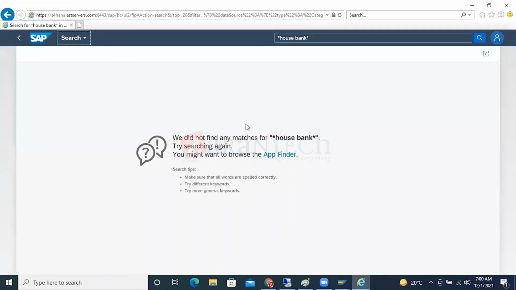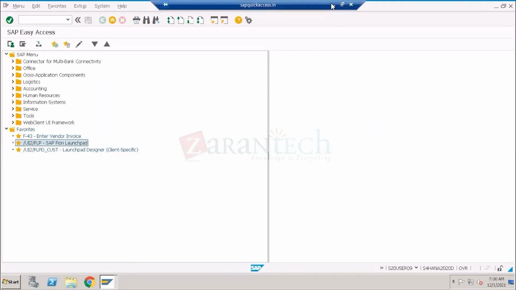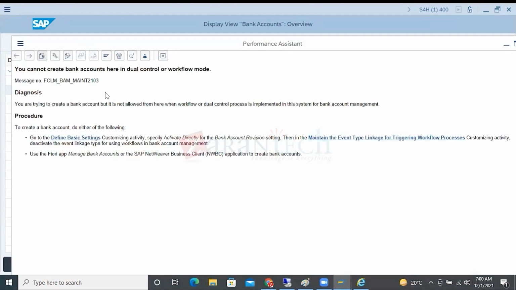So I'm using the Fiori here. This is the Fiori. This is what exactly I'm going to be using. All of you, please, very, very important. When the system is issuing a message that you cannot create bank accounts in a dual control or a workflow, if I go to the details, it says you are trying to create a house bank, but it is not allowed from here. Workflow dual control is implemented in the system for the bank account management. To create a bank account, go to the basic settings, customizing activities, specify the activity directly in the bank account, and maintain the event link between the triggering and the workflow. What it is telling is that